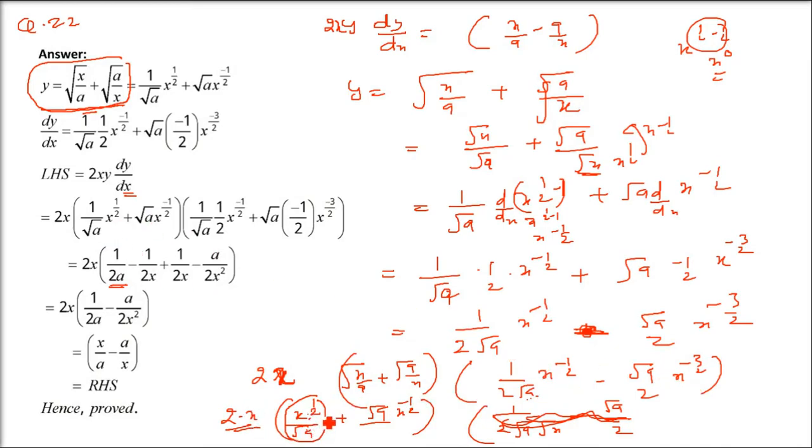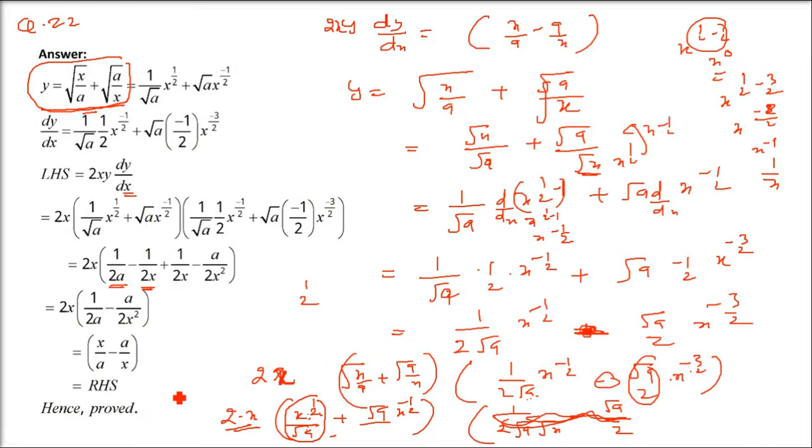Now next one. First one we have done. Now multiplying x raised half by under root a into root a by 2 into x to the power minus 3 by 2. So this is root a by 2, root a cancel, only 2 will come. And then we have x raised power minus half minus 3 by 2. So this is minus 2 by 2, that is x raised minus 1. So this was 1 by x. That is how 1 by 2x has come, minus 1 by 2x. There are other two as well.